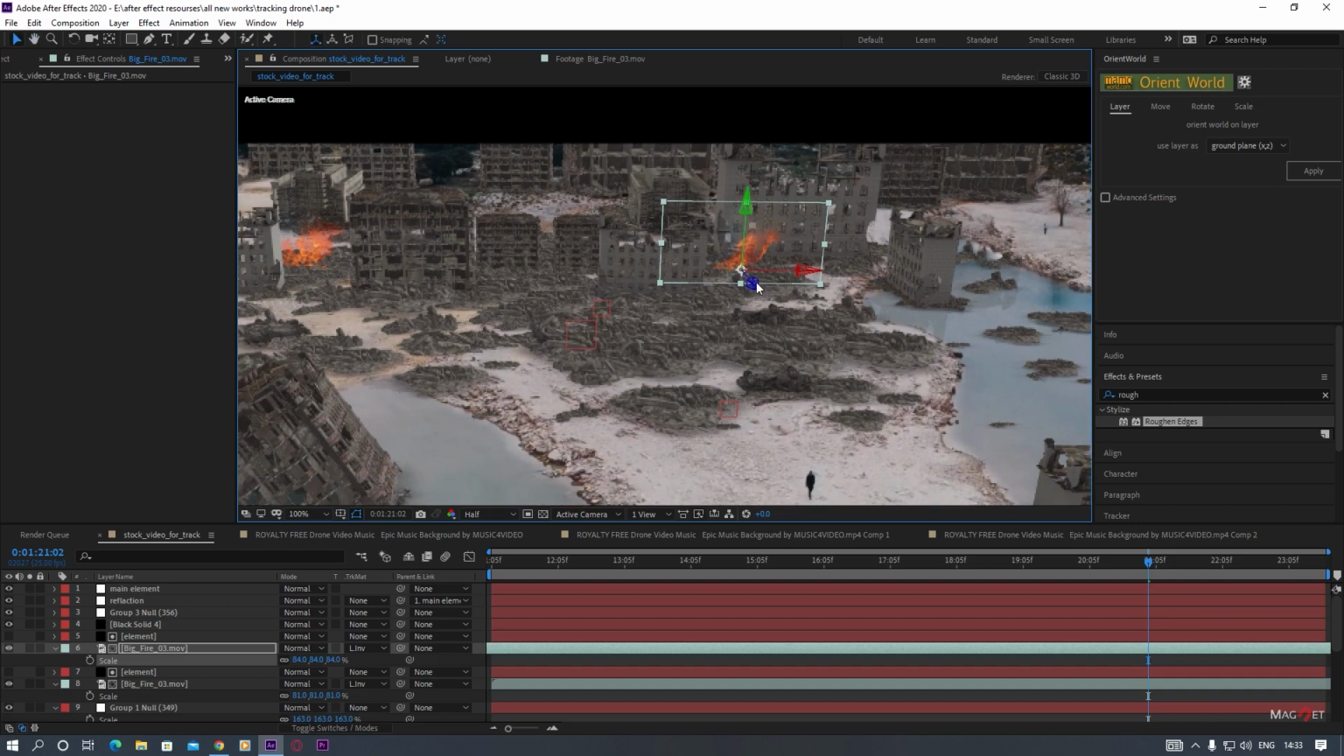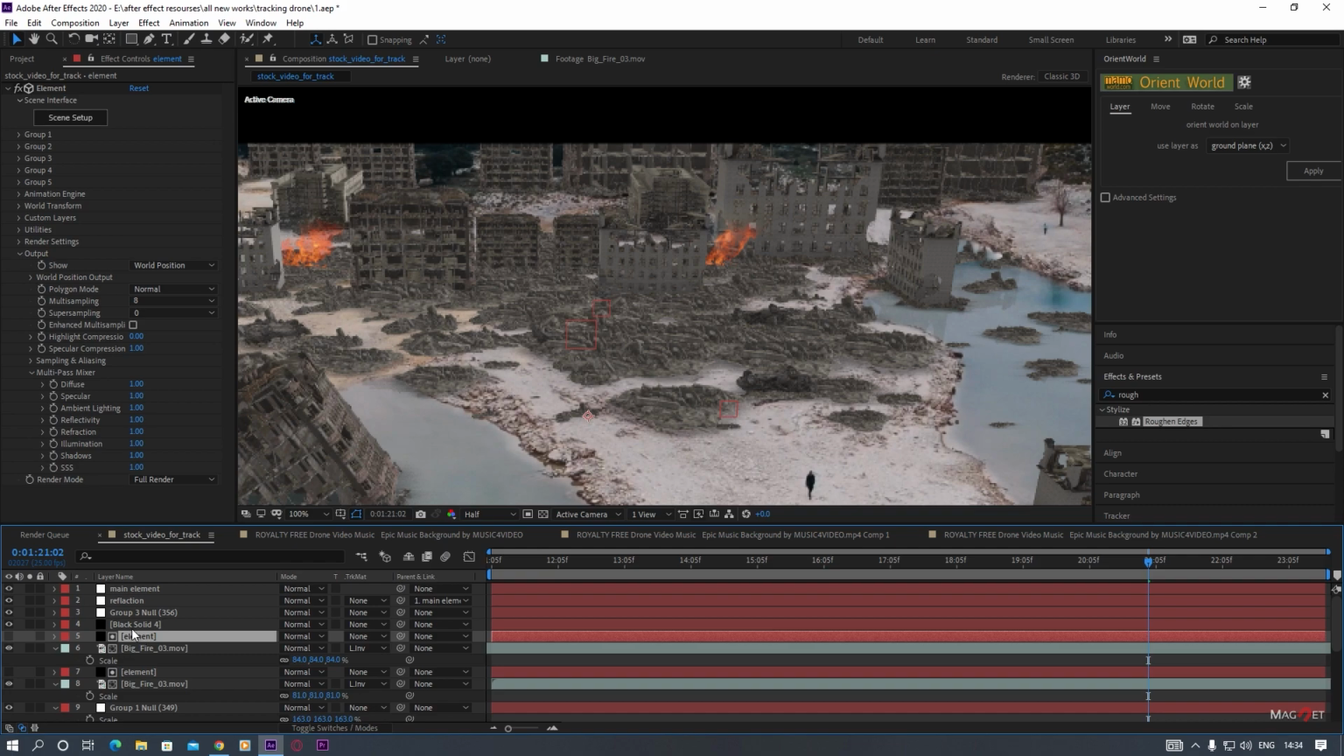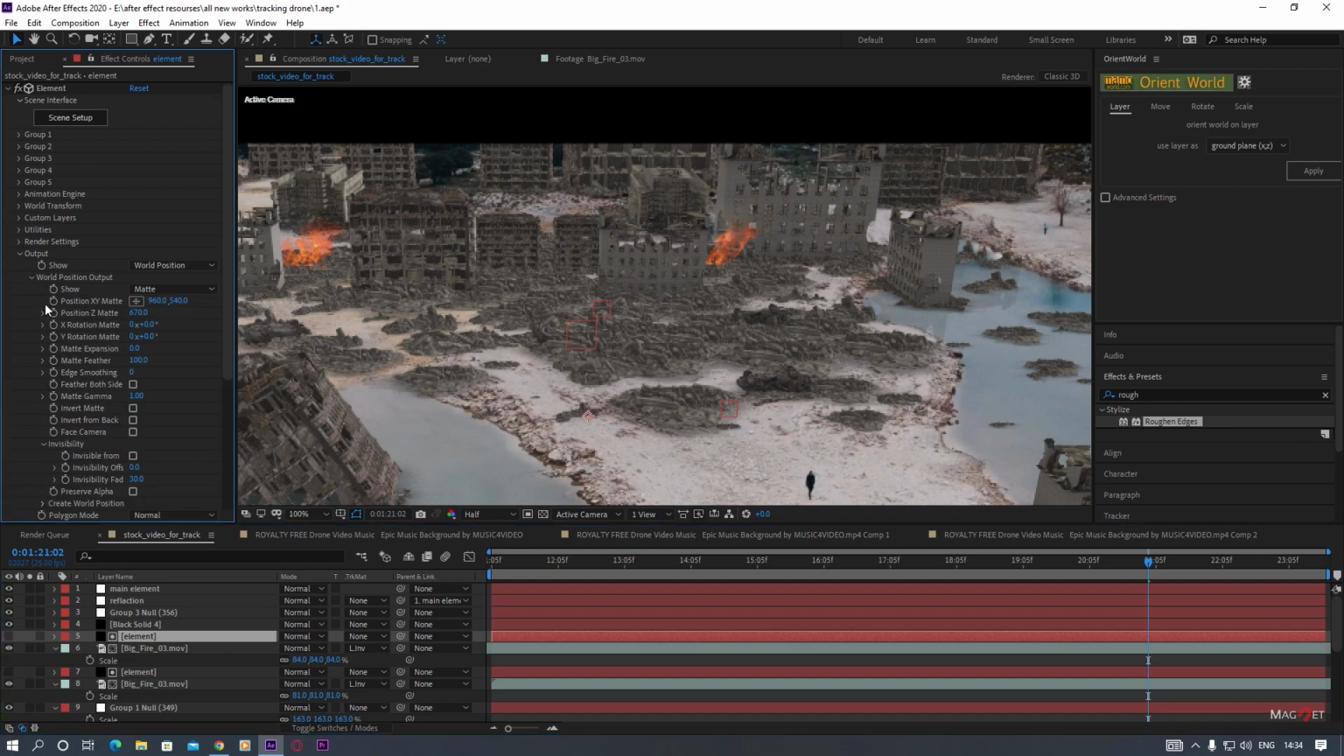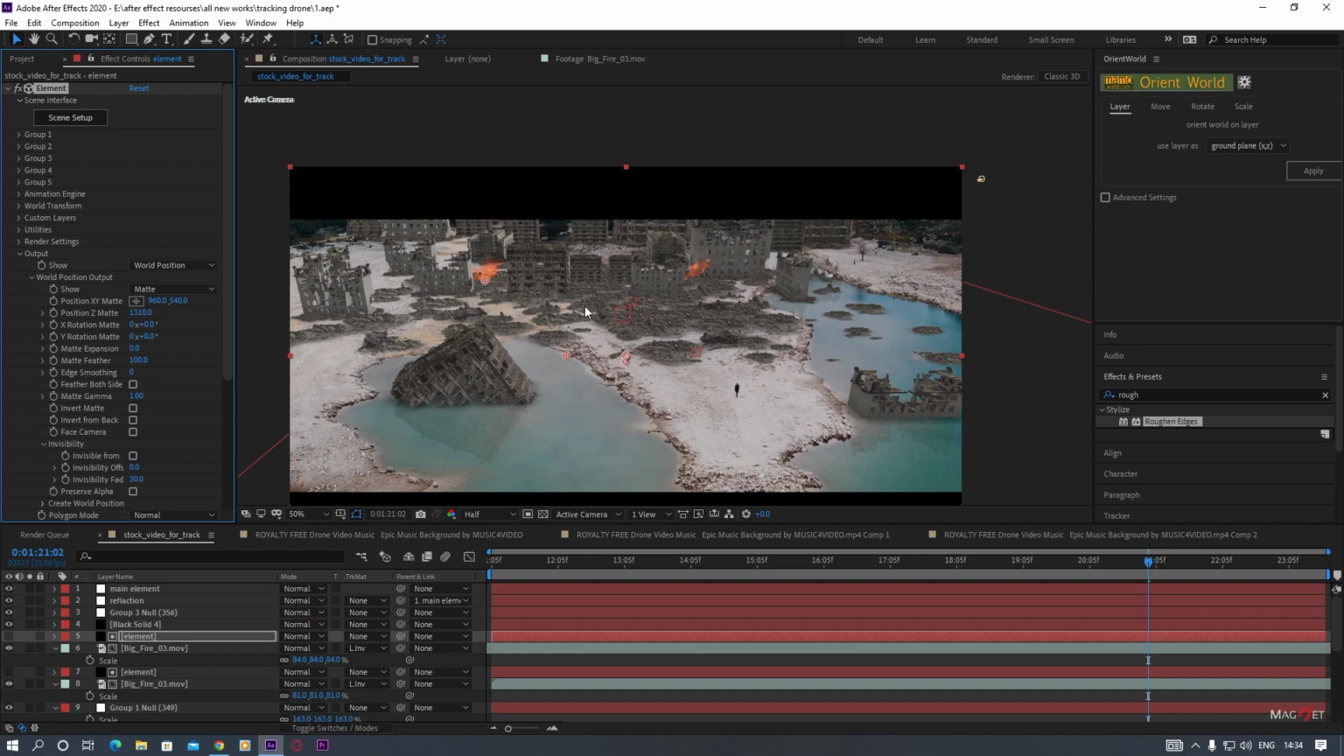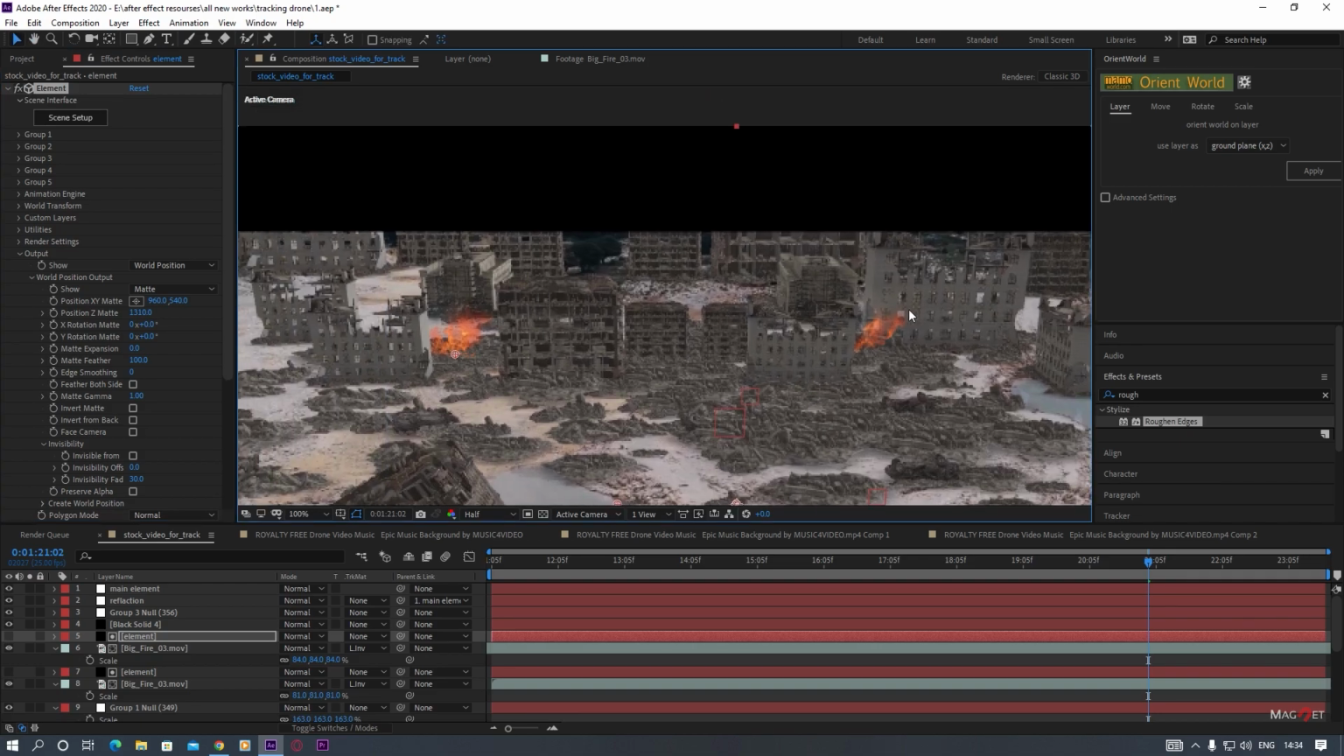Okay, so maybe you can place it here. And also we go to the element layer, go to the wall position and change the position just like this. Okay, so now we're missing the lighting because we have the fire, so we probably have some